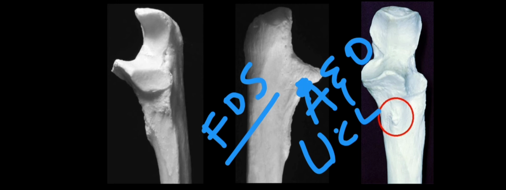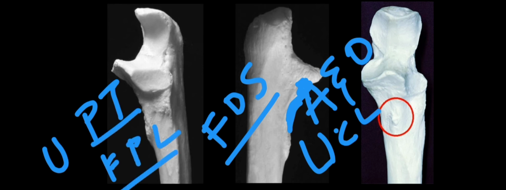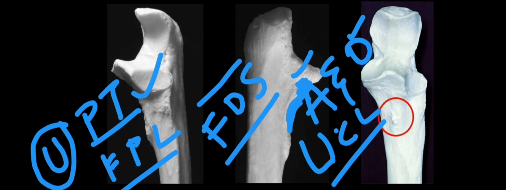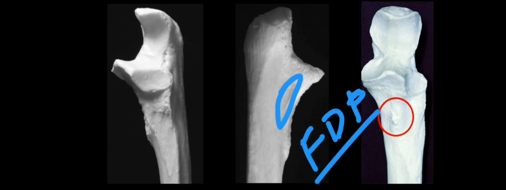These three structures are attached on the sublime tubercle, and below the tubercle on the medial margin there is attachment of the ulnar head of pronator teres and the flexor pollicis longus. In total, five structures: the anterior and oblique bands of the ulnar collateral ligament, the humero-ulnar head of flexor digitorum superficialis or the sublimus muscle, and the ulnar head of pronator teres and the flexor pollicis longus on the medial margin of the anterior surface. Next, the medial surface provides attachment or origin to flexor digitorum profundus. It is profundus, not superficialis.